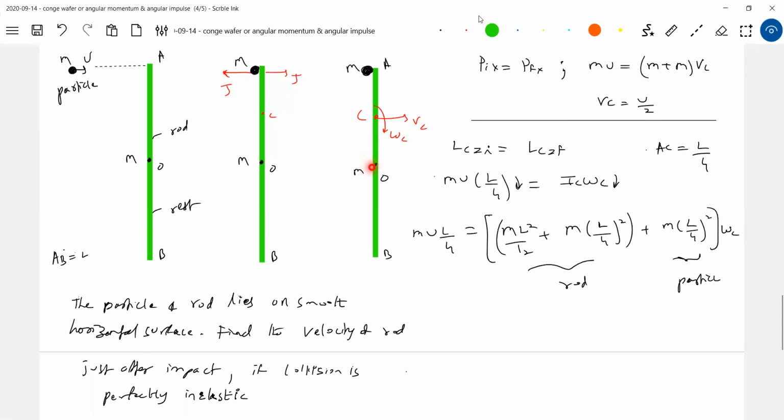Then why will it rotate? It should just move, no? It should have only translational motion. What is the net angular impulse? 0. As the net angular impulse is 0, initial angular momentum should be equal to final angular momentum. Now you ask what makes the rod rotate? The same impulse only. This impulse will decrease the linear momentum of the particle. The same impulse will impart momentum to the rod and also set up angular impulse.